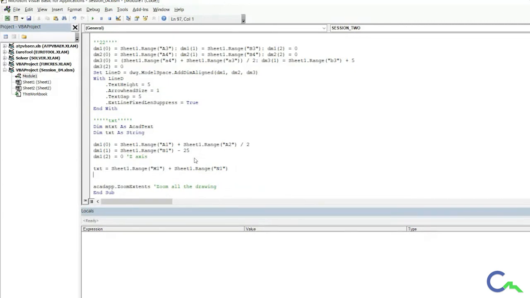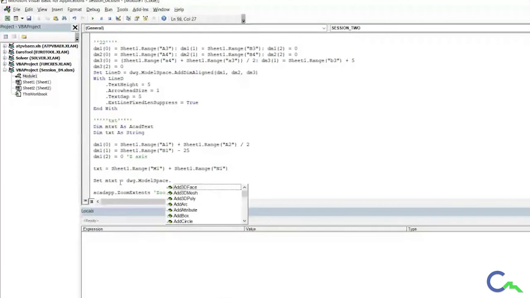So the text is done, the points are done. Now set it. So set mtext equal to dwg.modelspace.AddText. You have to add text, and you have to have a text string. The text string is txt. It's asking for the insertion point.